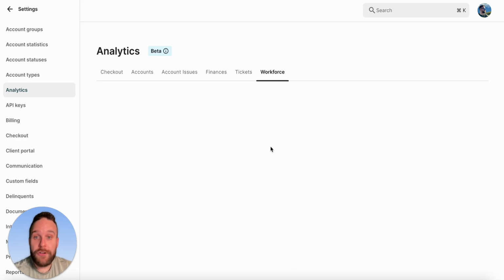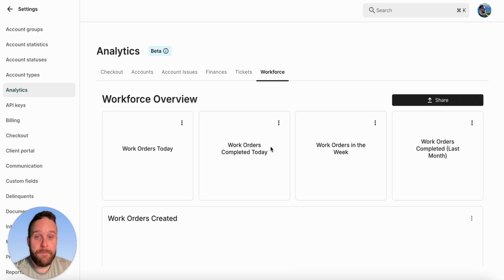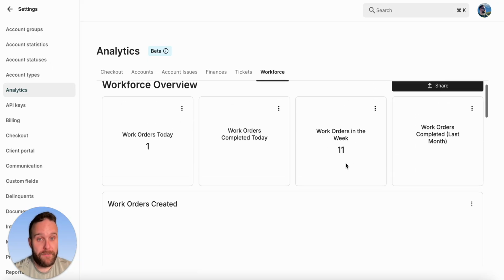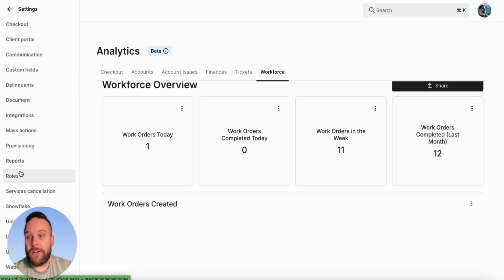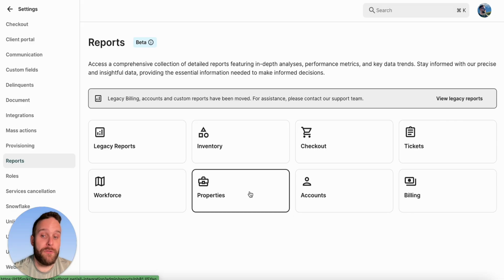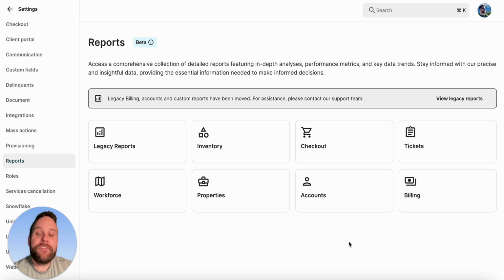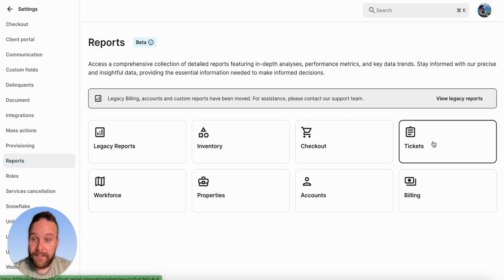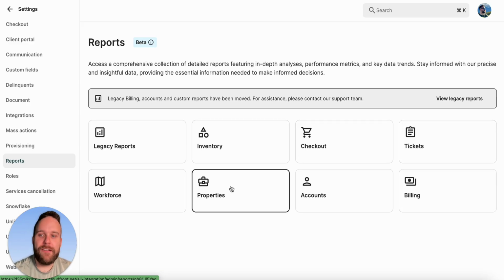Workforce too. You want to know the performance of your installation team? You click Workforce, and the system will start querying the database and show you the most up-to-date information. Those are the basic widgets that come with Gaia. Wouldn't it be nice to create your own widget? That's totally possible. We have curated data sets for you in inventory, checkout, tickets, workforce, properties, which is our